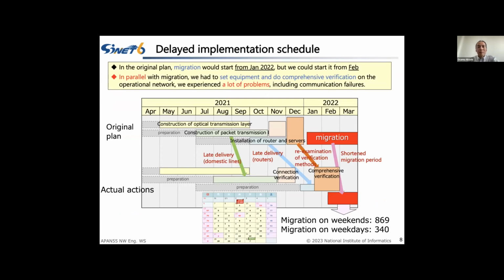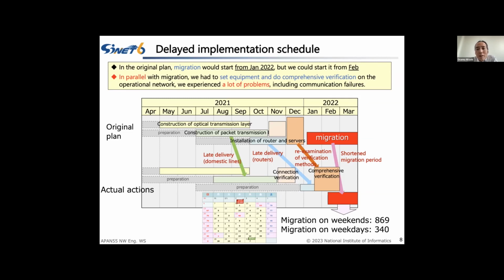So this is a sometimes complicated graph. This shows our implementation schedules. The upper layer shows the original plan, and the lower part shows the actual actions. As you can see, construction of the optical transmission layer was implemented on schedule, but the construction of the packet transmission layer was delayed about 1 month, as shown in